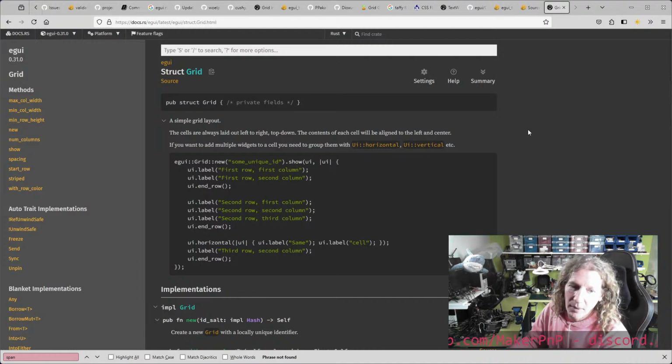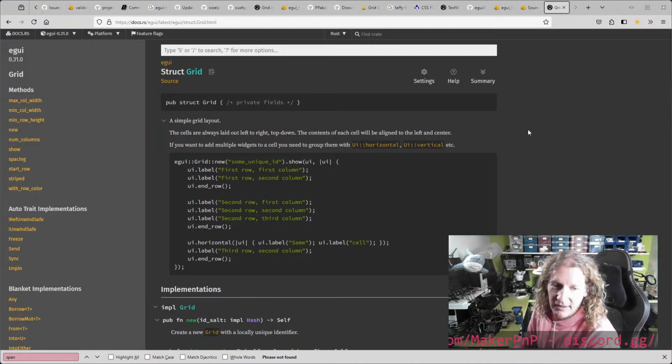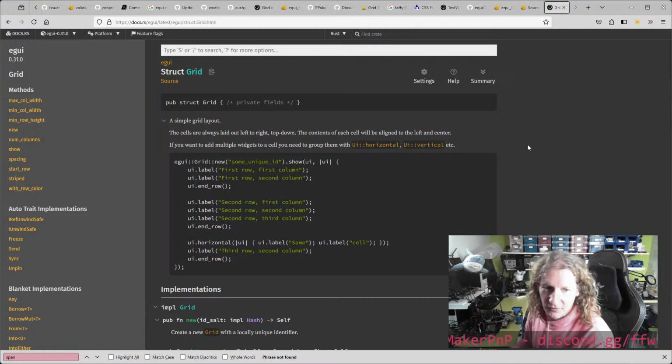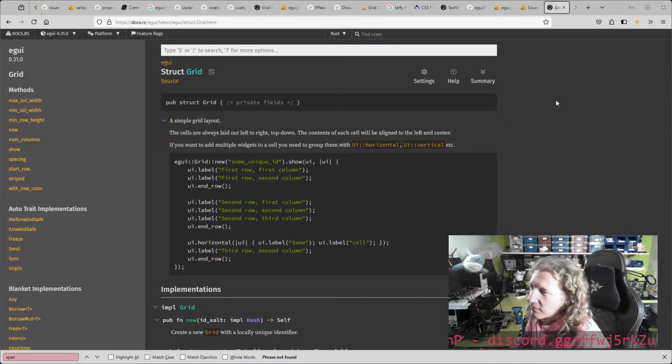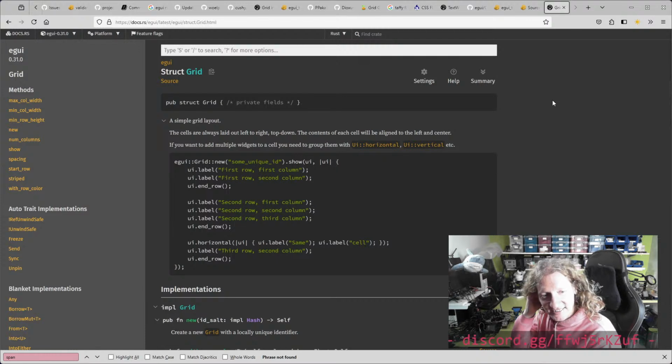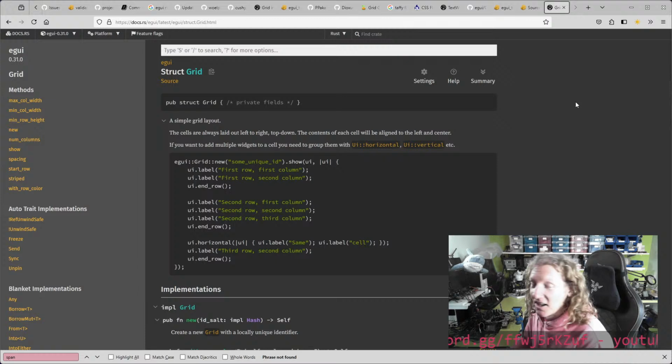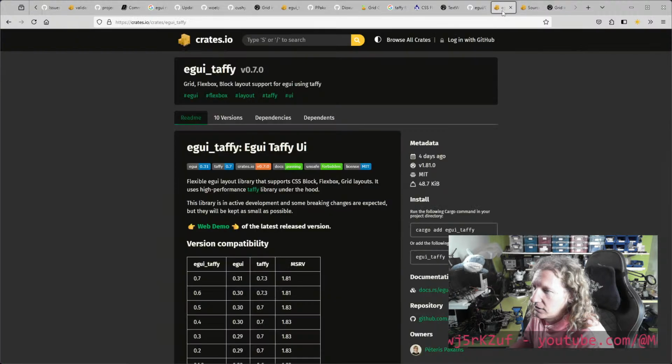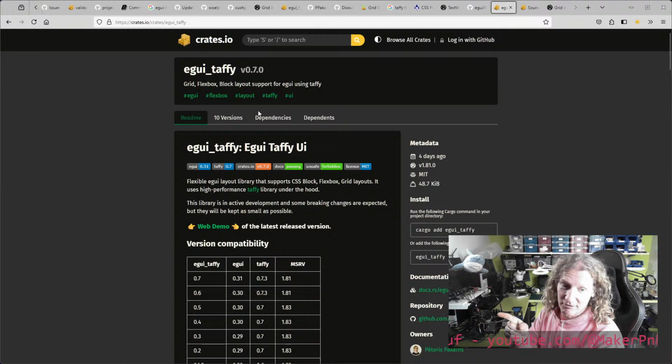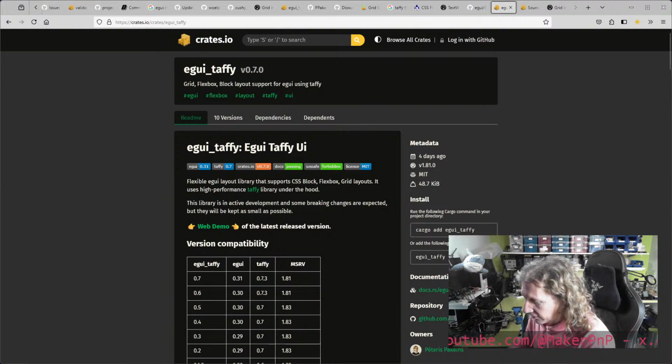So sure, it might work for simple UIs which don't have spanning, but it's no good. So I'm like, okay, so I need a different grid solution. It turns out that the EGUI Taffy crate, and there's two EGUI Taffy crates to make things slightly more confusing,